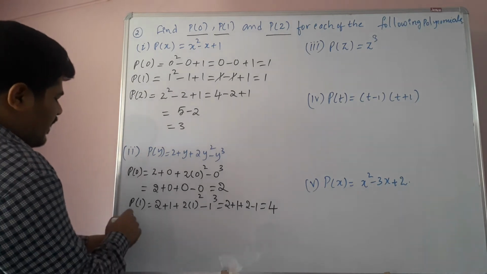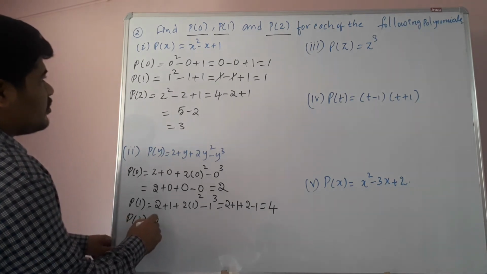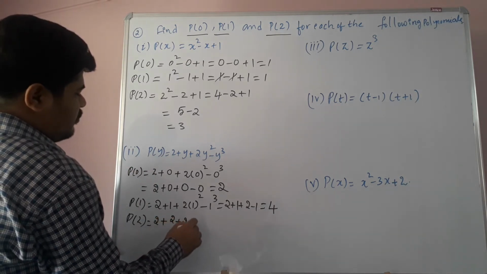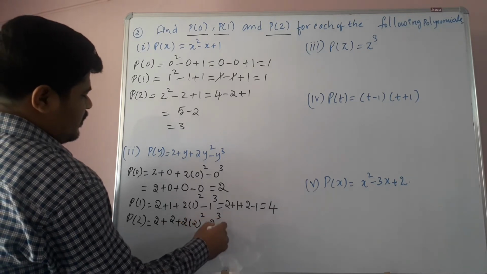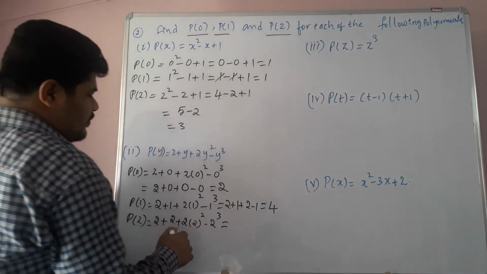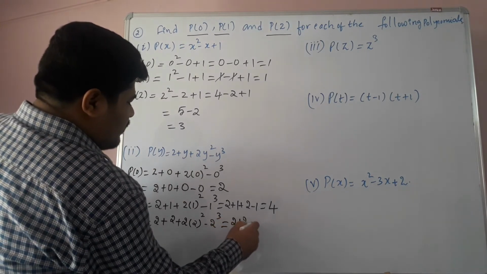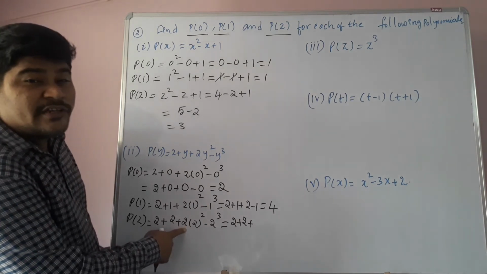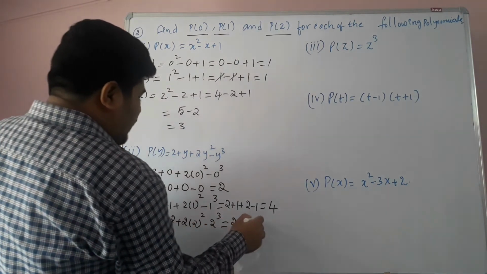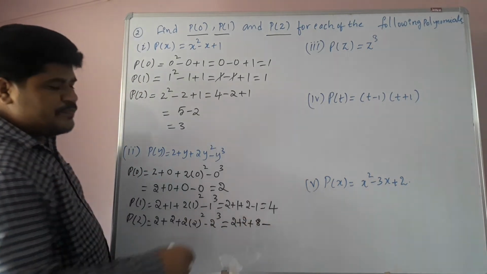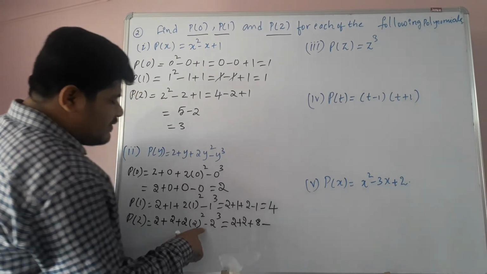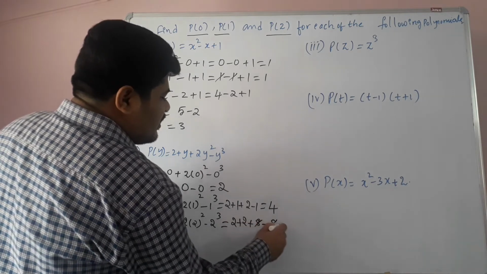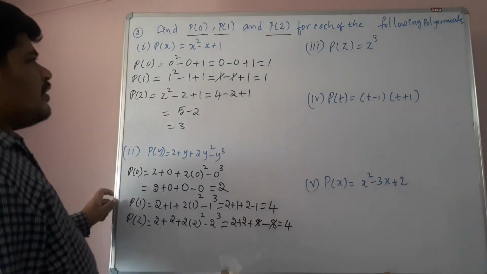Okay, so now P of 2. So P of 2 is 2 plus 2 into 2 square minus 2 cube. So students, that is equal to 2 plus 2, plus 2 square value is what? 4, no? Again in front 2 is there. 2 bracket of 4 is what? 8. 2 4s are 8. So here plus 8 minus 2 cube. 2 cube value 8. And minus of plus 8 is minus 8 only. So minus 8 plus 8 you can cancel, children. So 2 plus 2, that is equal to 4.